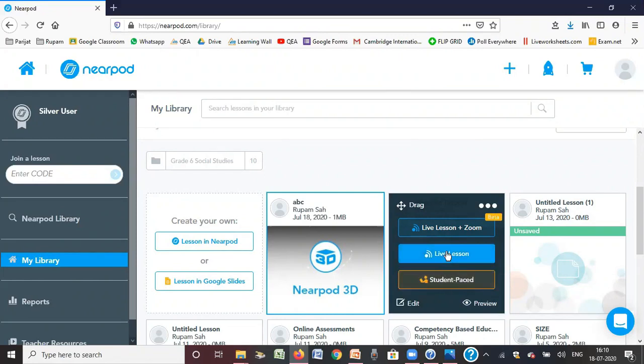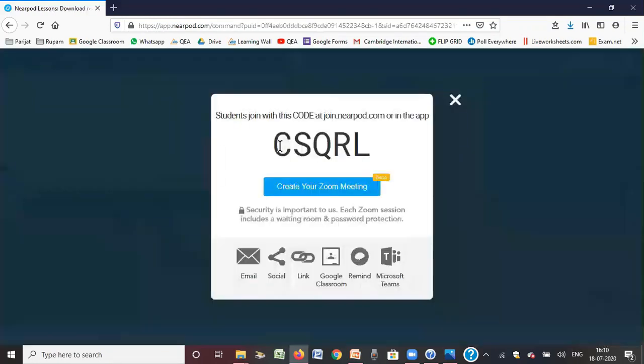So right now I'm going to start with the live lesson. When I click on live lesson, it gives me the student code. This is the code which the students need to enter into your class. They have to go to nearpod.com, go as a student and enter this particular code. So let's see how we enter as a student.